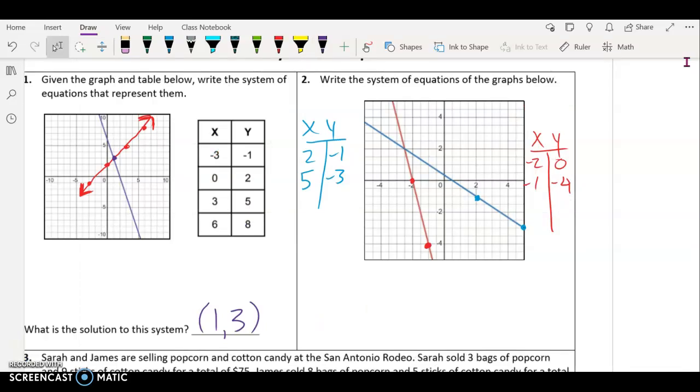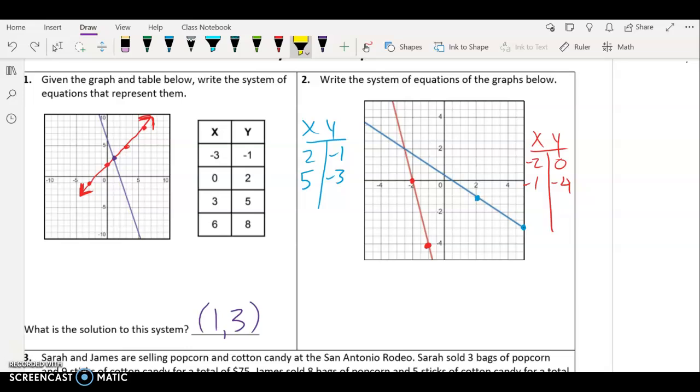So I tried to color code these so that you could see we have a blue line, and I've written down 2 of the points from the blue line. You can see I've marked them on the graph as well, right here and right here. Those 2 points I have put into a table. One of the points is (2, -1), and one is (5, -3). Make sure to be careful there, guys, because the scale is really weird. Each line is not 1. Each line is 0.5. So when we're counting on our number line, it's 0, 0.5, 1, 1.5, 2, 2.5, 3, 3.5, 4,